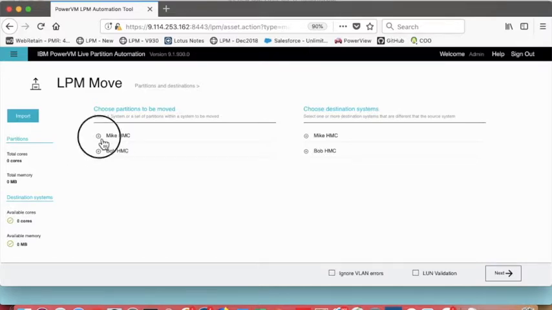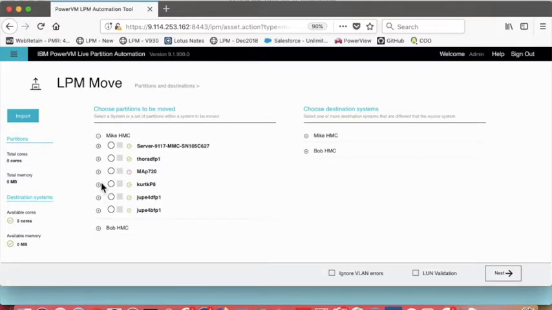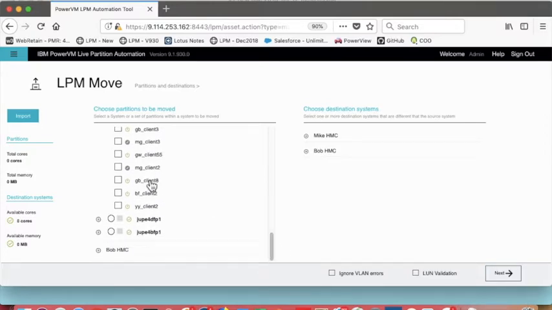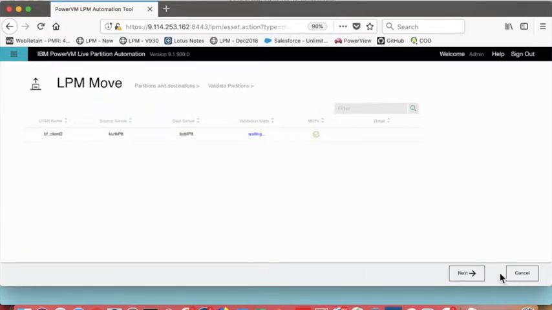So I will pretend to move an LPAR. Well, I'll validate an LPAR. I'm going to just do one so that the video will be short and sweet. We'll do this one here, and we'll go off to Bob, and we'll do validate. And you see we now have a new icon that shows both the source server